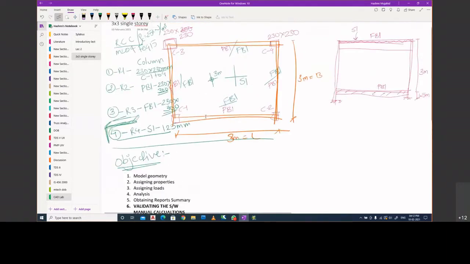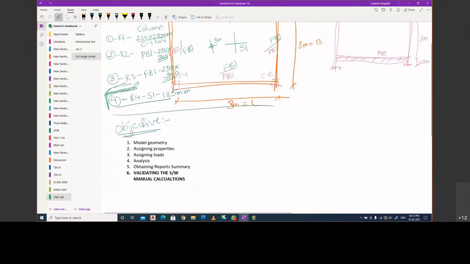Fine. So I want you people to move along with me when we are doing this. What we are trying to do is find out what the reactions are at R1, R2, R3, R4, like at the 4 columns.